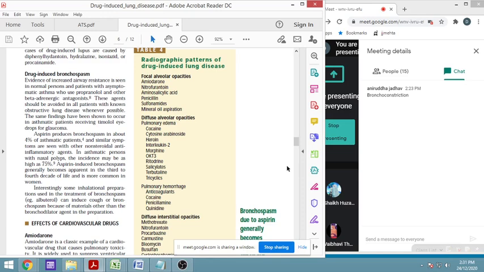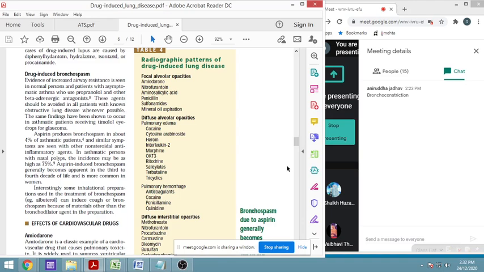The drugs which change the opacities are amiodarone, nitrofurantoin, aminosalicylic acid, penicillin, sulfonamide, and mineral oil aspiration. Mineral oil aspiration means the mineral oil is going into the respiratory tract instead of the digestive tract. And diffuse alveolar opacities, that is pulmonary edema, are caused by cocaine, cytarabine, heroin, interleukin 2, morphine, OKT3, ritodrine, salicylate,